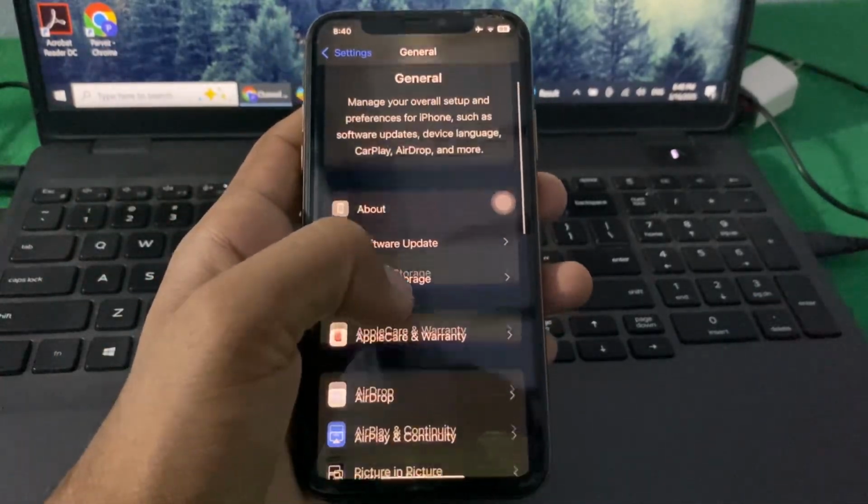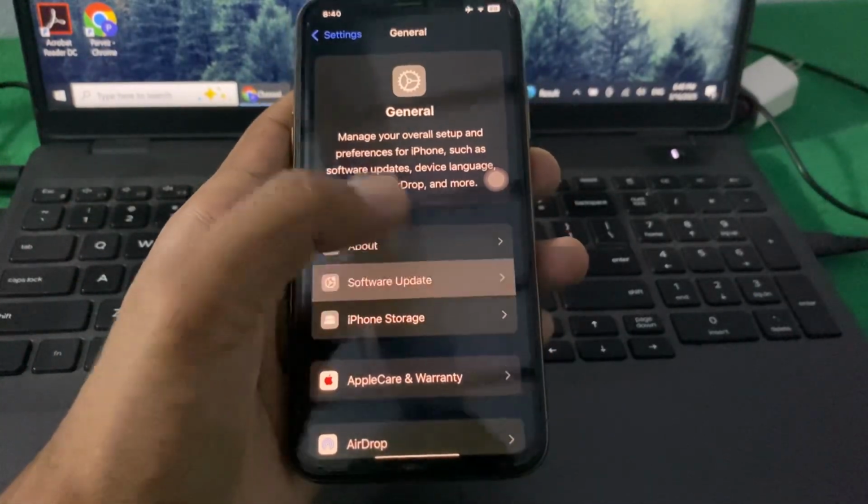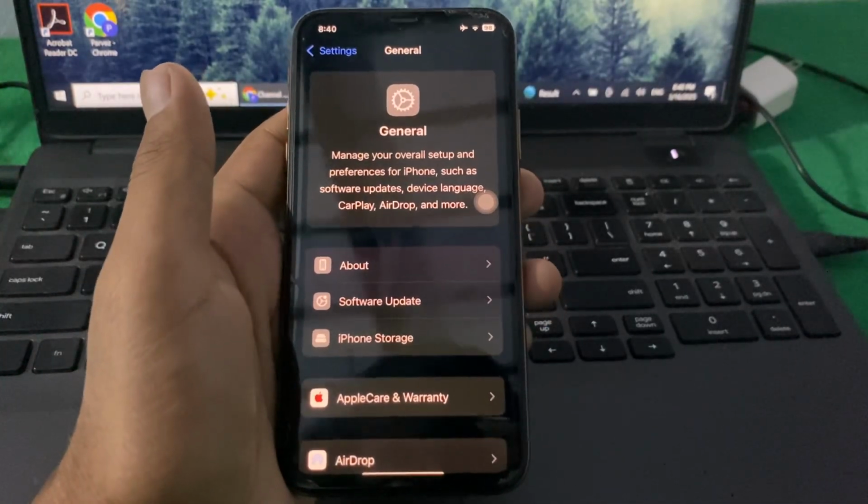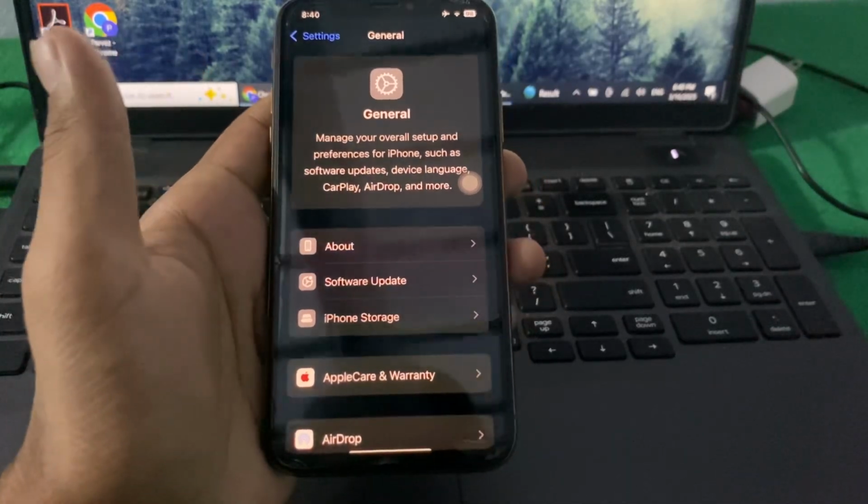If you are still having this problem, the third solution is to open Software Update and check if there is any update available. Then you have to simply update your device and after that check if the problem is fixed